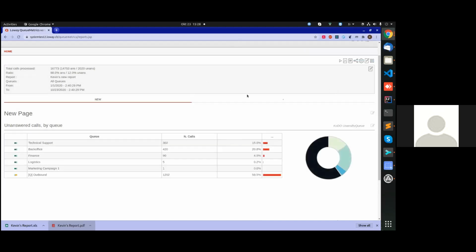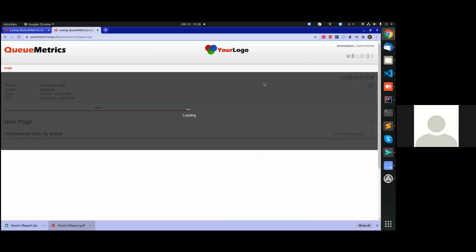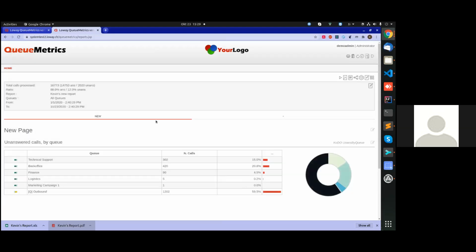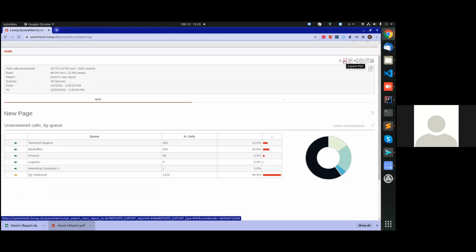Yes, we have various options for exporting this. You can, for example, share a link to this report that you can then copy and send to someone, and this will open the same report for someone else. If they are not authenticated, it will ask them to log in, and then it would make them jump directly to the report. You can export this report in PDF from this button on the top right,